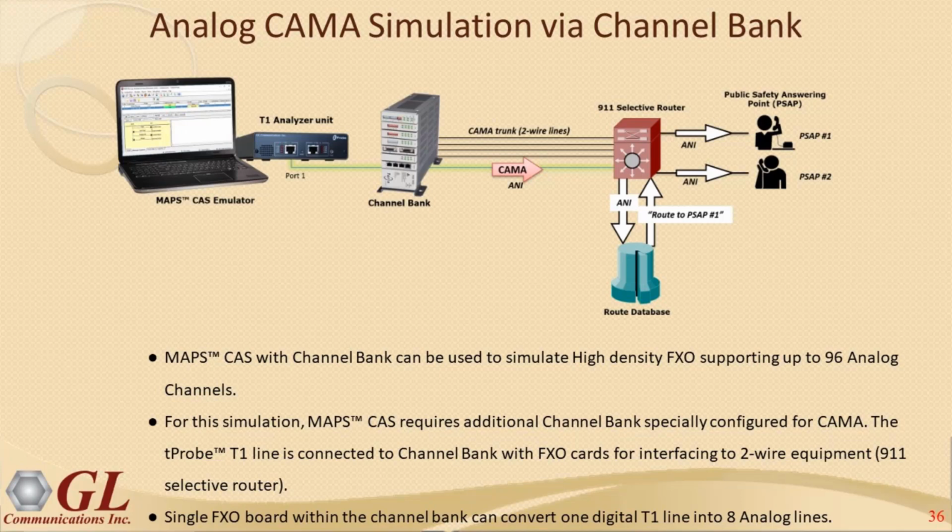So I think the picture here is showing us using the tProbe, generating a call to either the 911 switch or the operator, and non-intrusively monitoring the call between a caller and a answering point. Okay, thank you, Mike. That is a very important application, especially today when the 911 services